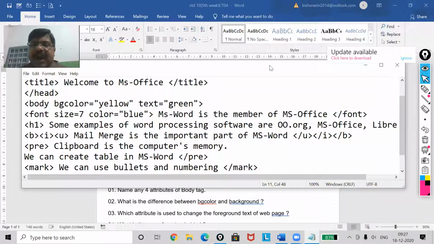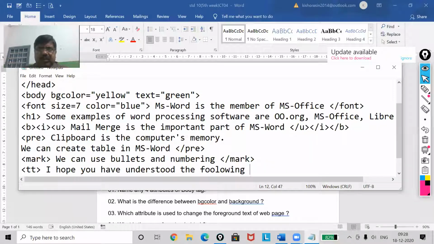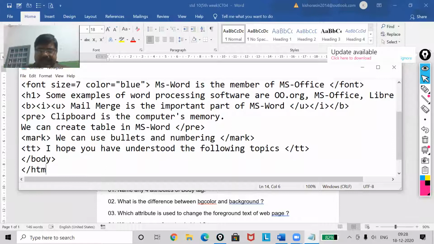Now the next part, that is your TT tag, that is typewriter text. I hope you have understood the following topics. /TT. Now I'm going to use /body and then /HTML.